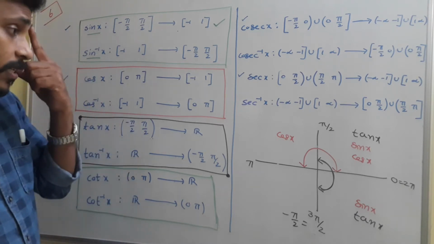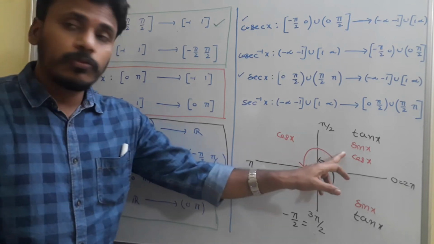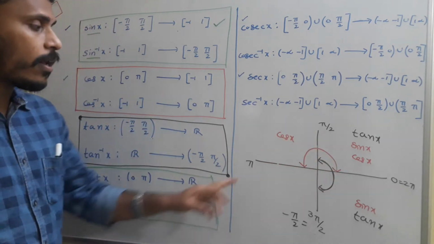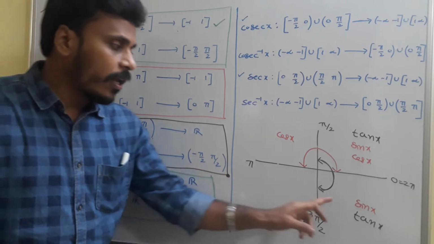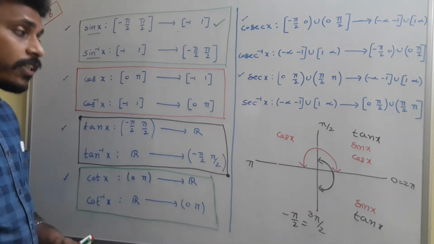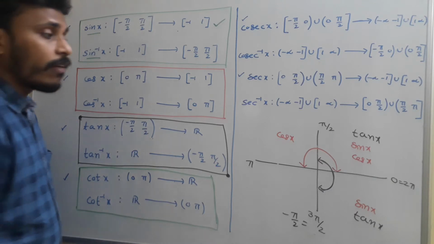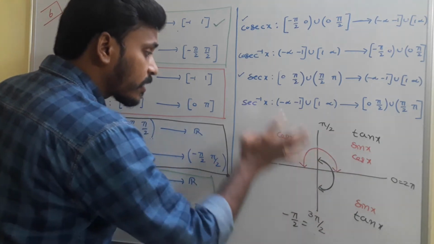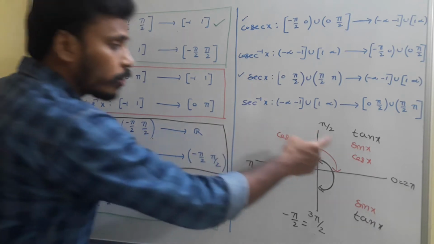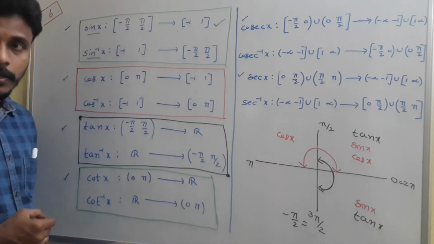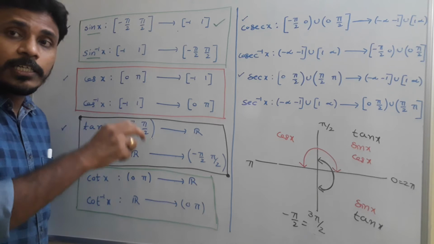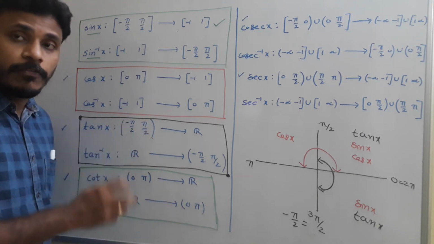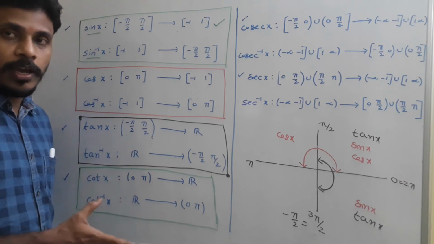See, cot x is positive in the first quadrant, negative in the second quadrant, positive in the third quadrant, and negative in the fourth quadrant. Here for cot x, we will consider the first and second quadrants as the domain. One positive and one negative we need to consider. These are the standard fundamental domains and ranges we need to accept, and we need to proceed.